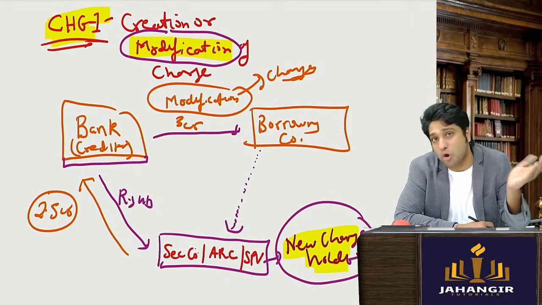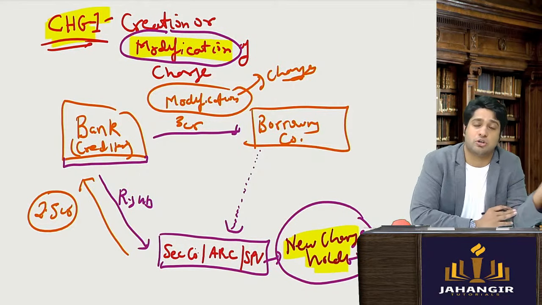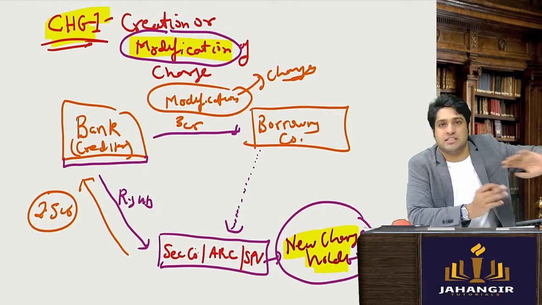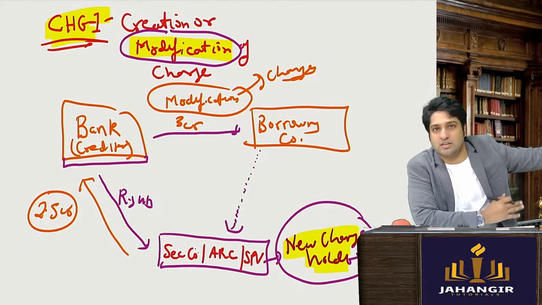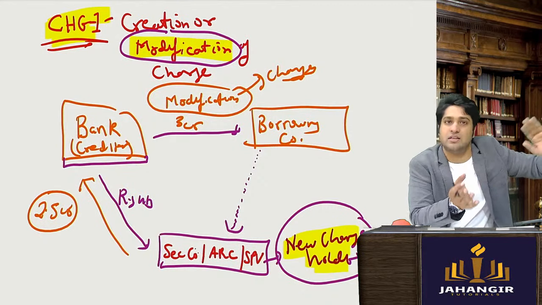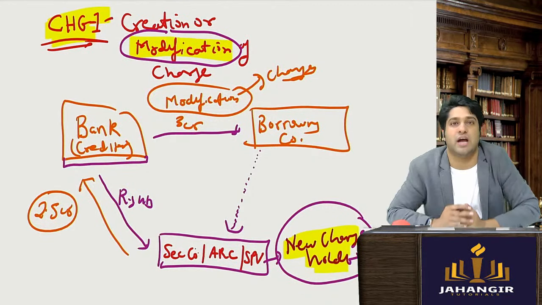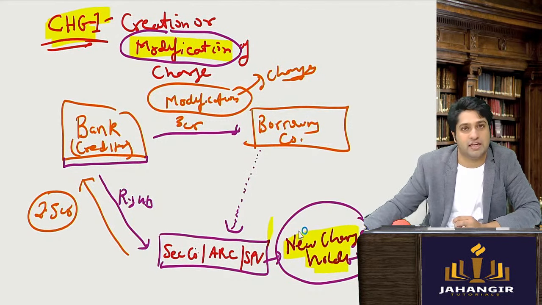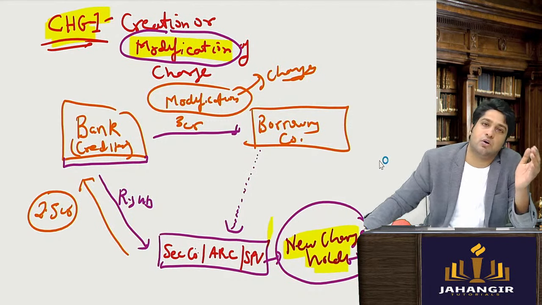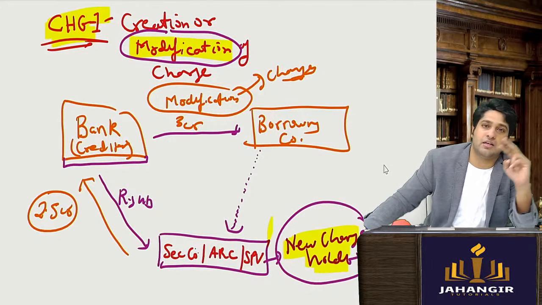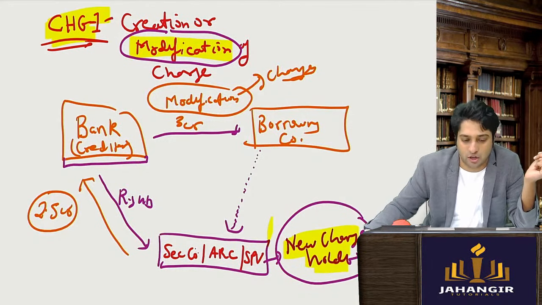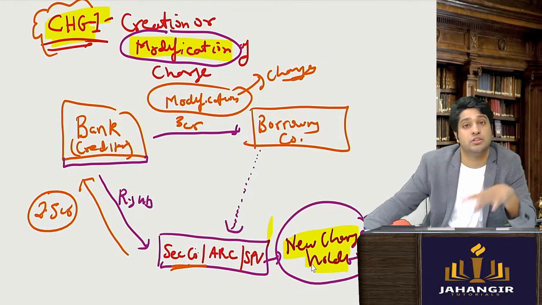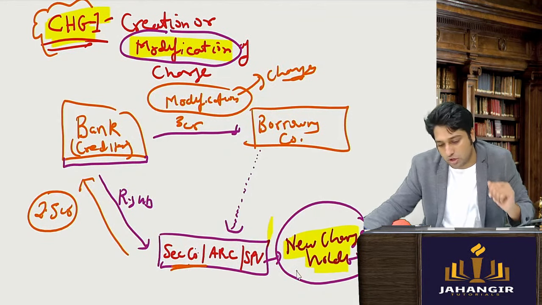This is also a modification in the original charge document, where the lender in between the time tenure is stepping out because he's got some funds from someone and he's telling the balance amount you pay to this new guy. So this is also modification. This also needs to be intimated and the new documents of CHG 1 need to be filed by the new charge holder. Why? Because